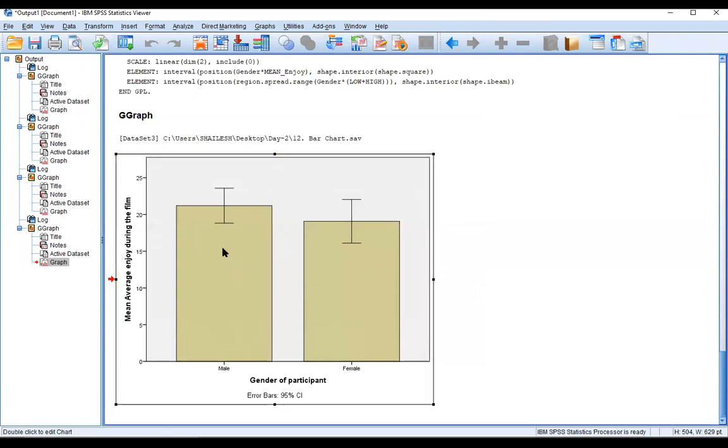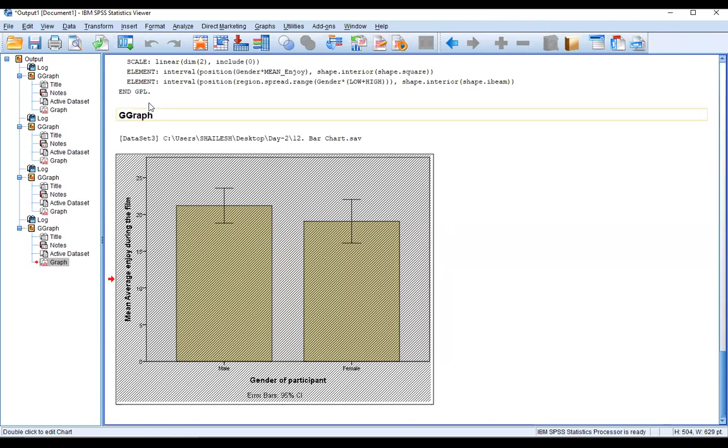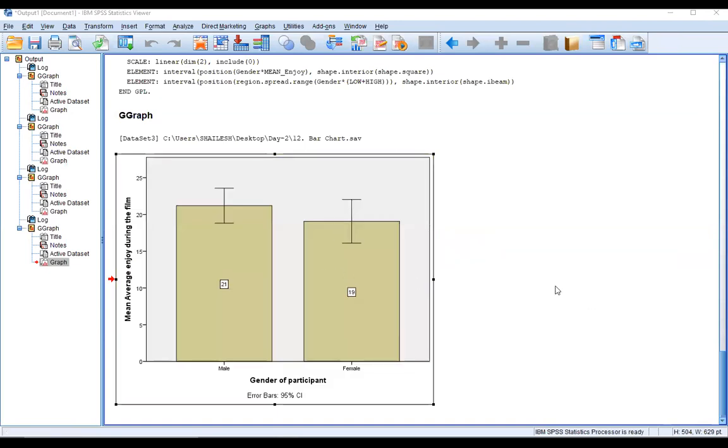Double click it, and after double click, I can write the mean value here also, elements and data label mode, and then click here, and in a second box also. So we can see here the